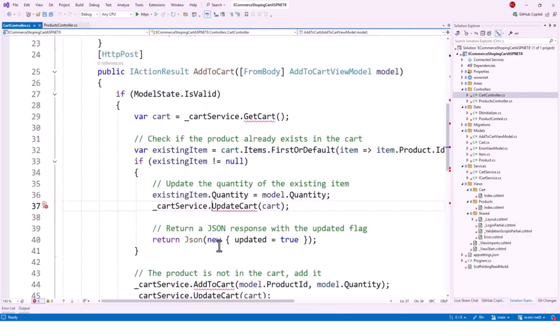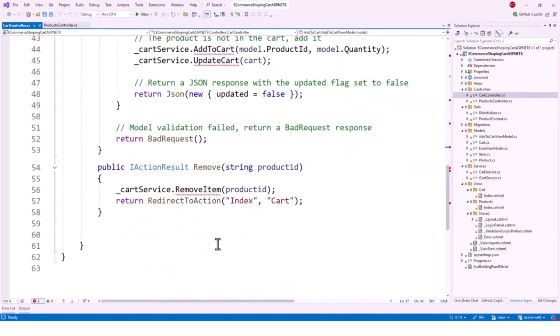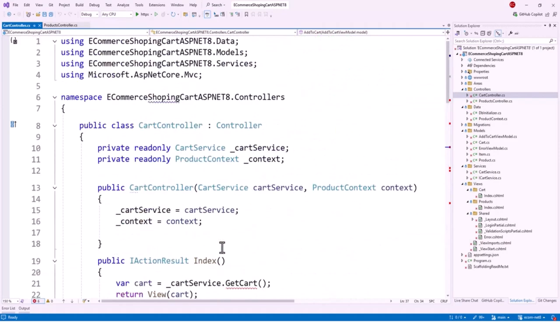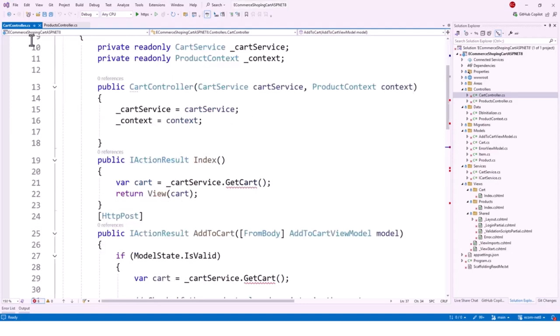That's because card controller I have not changed at all. Card controller still needs to be edited, so we'll do that next. Go over to the card controller, and let me close this one, product controller. The first thing to be changed is